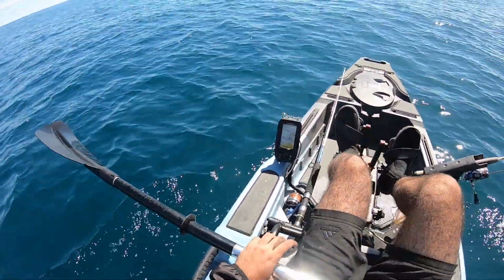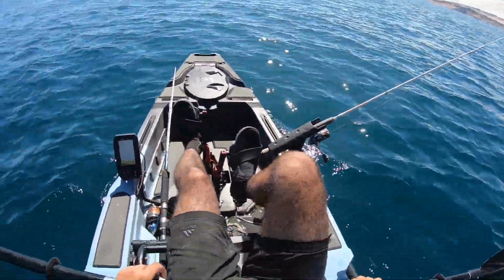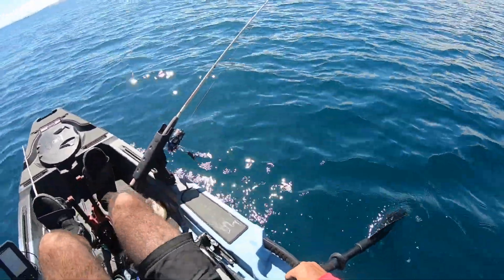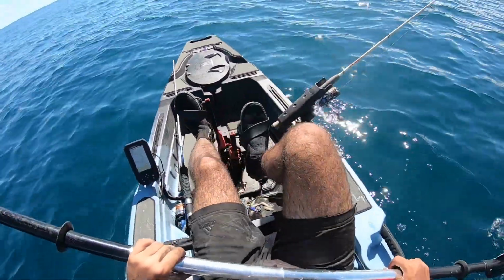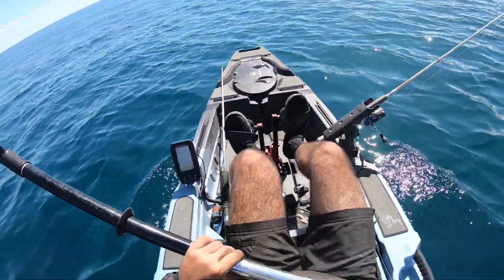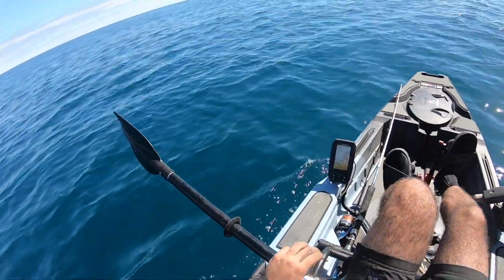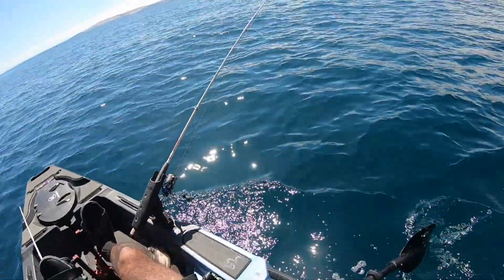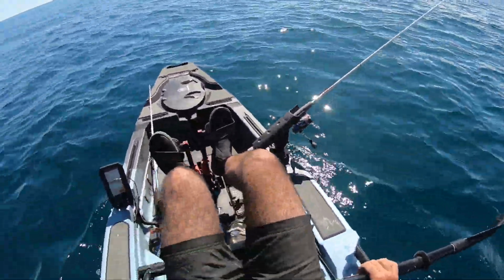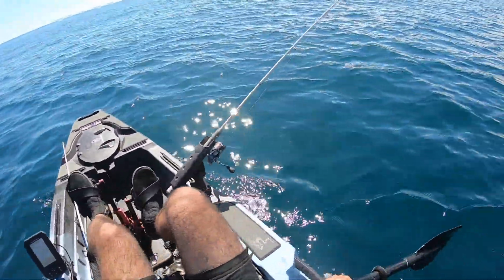Alright legends, bit of an update. We've been out here since that last bust up we saw, probably a good hour and a half, and we have not stopped paddling in the last hour and a half. So it's been pretty hectic. Legs are absolutely fried, cannot feel them at this stage, but too far out to stop now. We have to keep going back towards where we started,